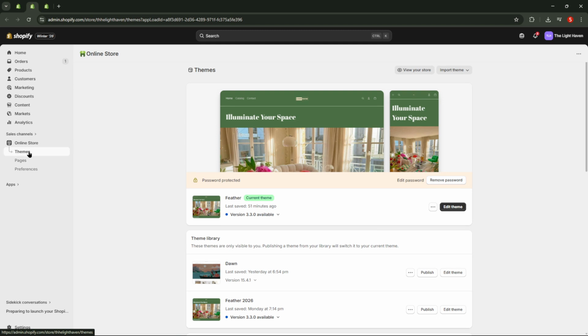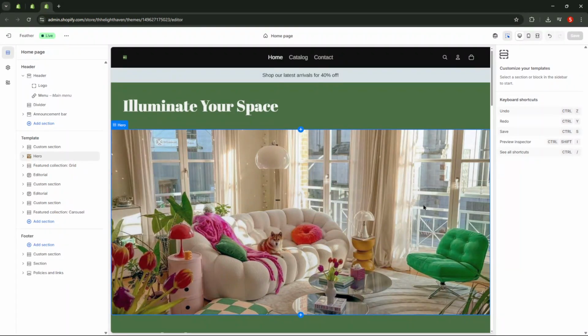Find the theme you're using right now and click Edit. In many stores, this option opens the theme editor and may appear as Customize. Either way, you're heading into the same place where you can safely adjust visual settings with a live preview. If you see edit code that's different, stick with the visual editor so you don't have to touch any code